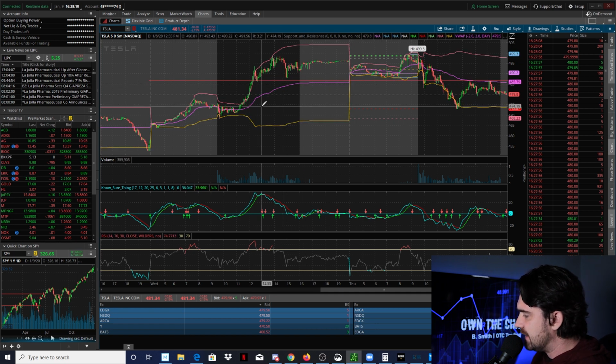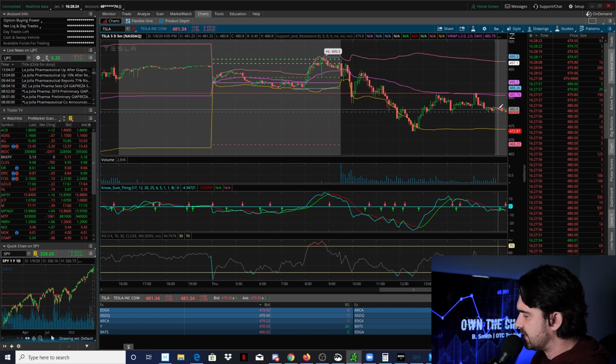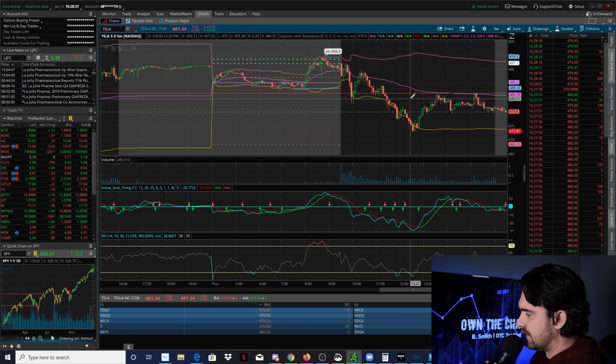And so looking at this, you can see how this is determined at solid support and resistance lines as well. You can see how many times Tesla has bounced off of this resistance and can continue to get rejected. Now, when big institutional investors come in and have big clients with a lot of money, and they say, hey, listen, I'm looking to get rid of some shares of Tesla, these institutions will say, okay, that's fine, we'll trade at the